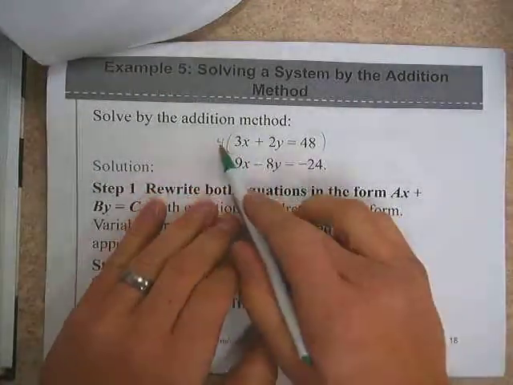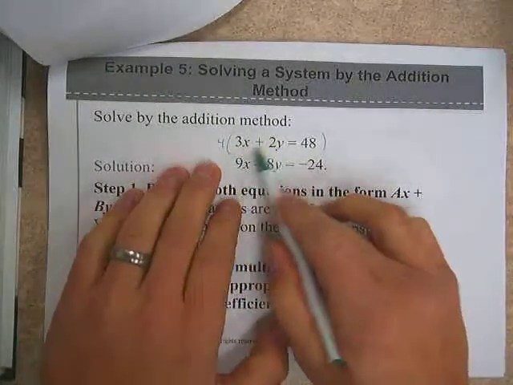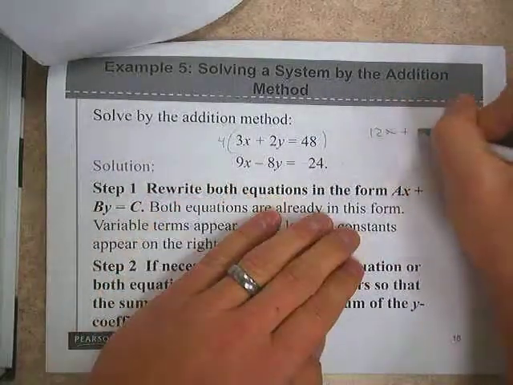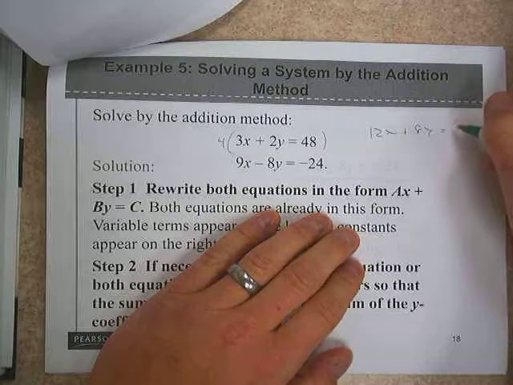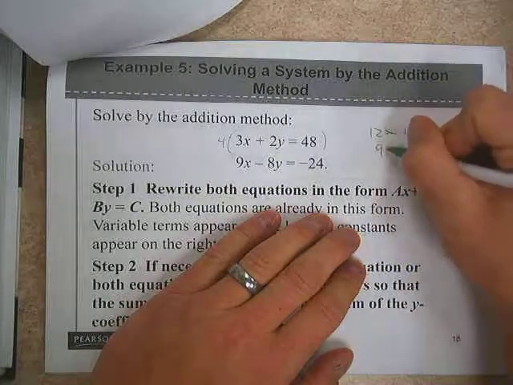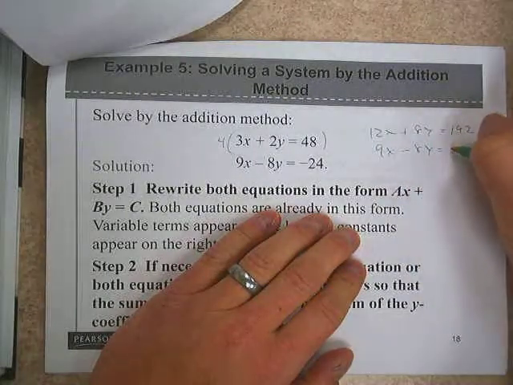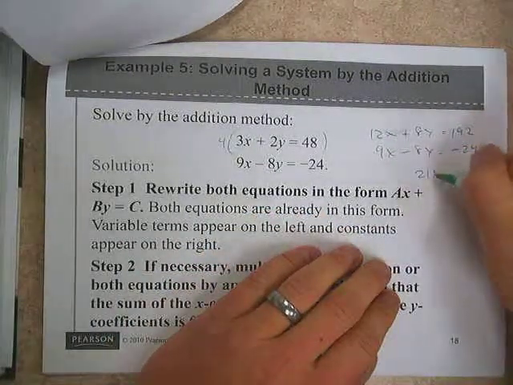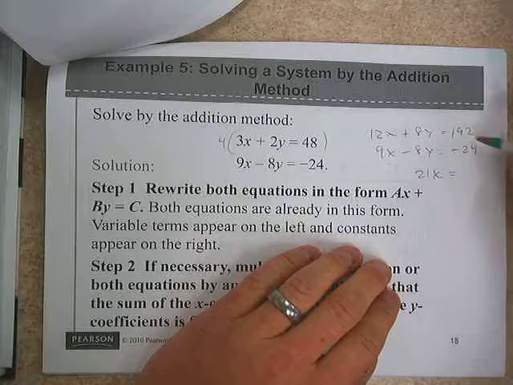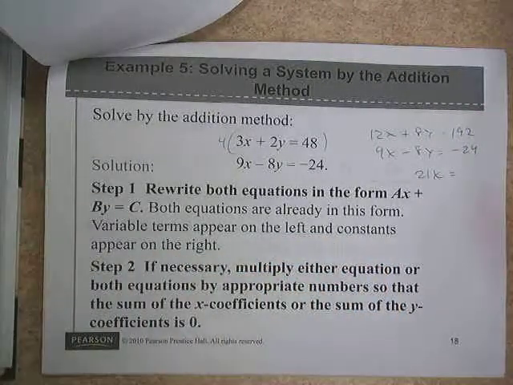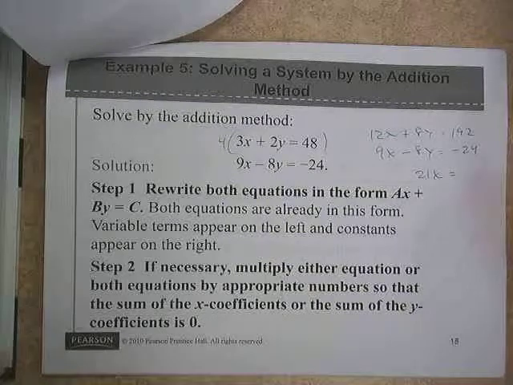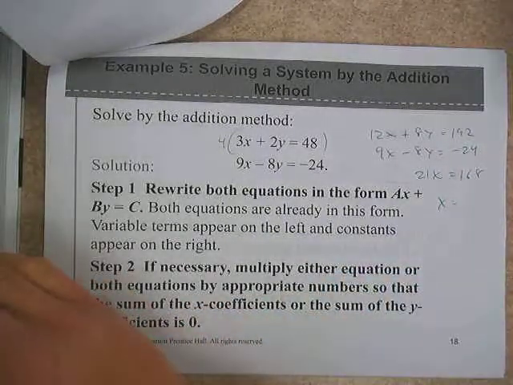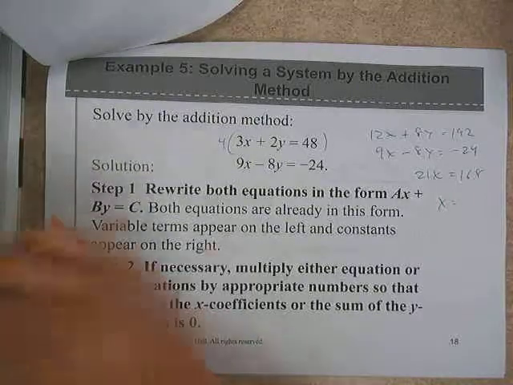Let me go back, because again, there's definitely more than one way we can do this. I would have chosen to multiply by 4 and get 8 in this column, and then I would have had 12x + 8y = 192. And then again, I don't need to change this equation at all. When I added those two, I would have gotten 21x. That column would be gone. And then over here, if I do 192 minus 24, I'm going to get 168. And then if I divide by 21,